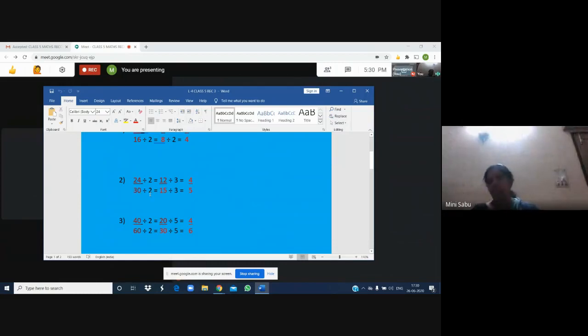So it is divisible by 2. You know already that all even numbers are divisible by 2. Remember like that: if you find the numerator and denominator both are even, you can divide by 2. 24 divided by 2 means half of 24, it is 12. 30 divided by 2, half of 30, it is 15. So you got one equivalent fraction. Its name is 12 upon 15.